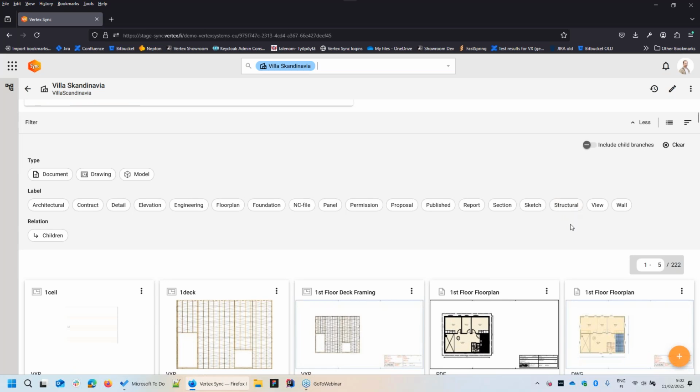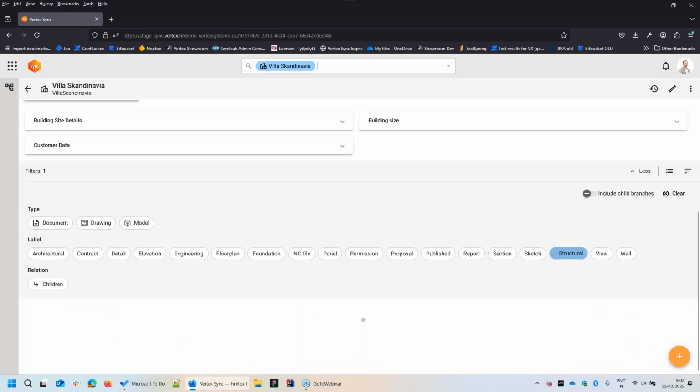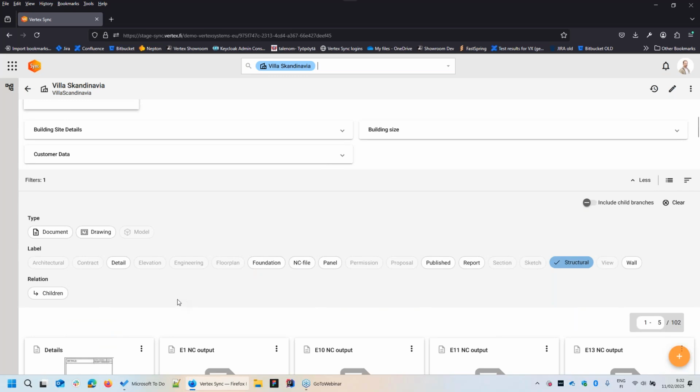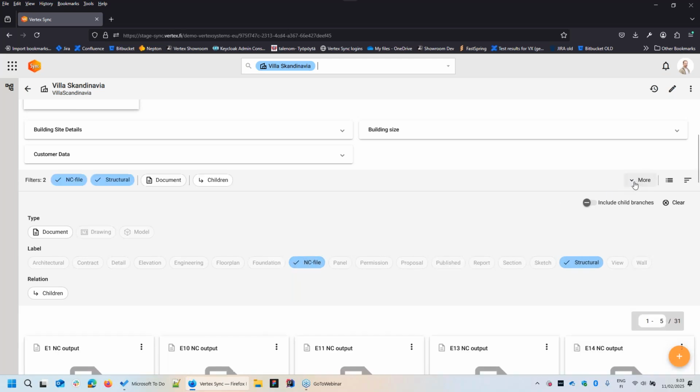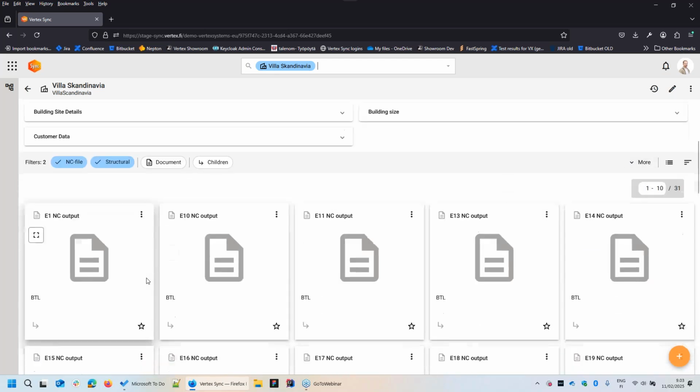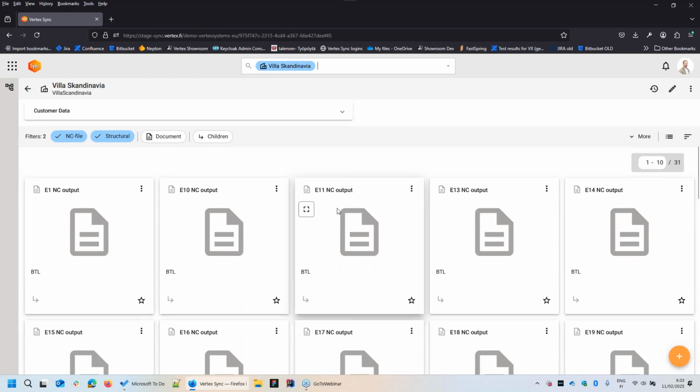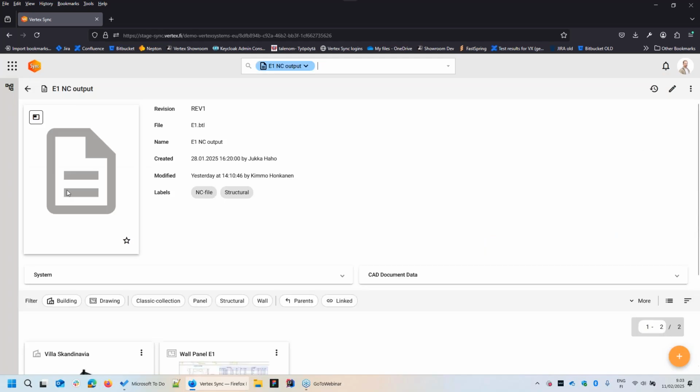Again, we can look at structural files. We can see that there are lots of different types of structural files, panels, published ones, reports, foundations, but those NC files too. Let's open that. Now we have all the NC files made for this building. Let's open this E1. We have the E1 PTL file here,